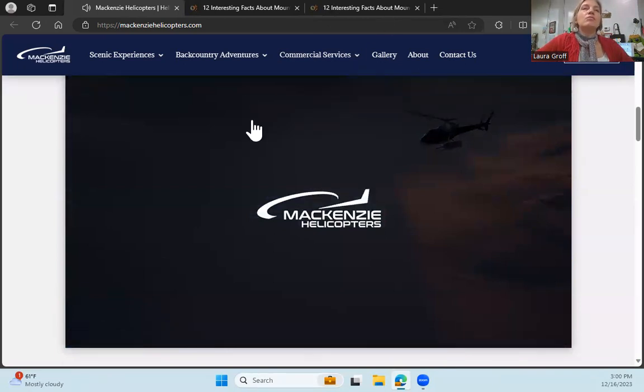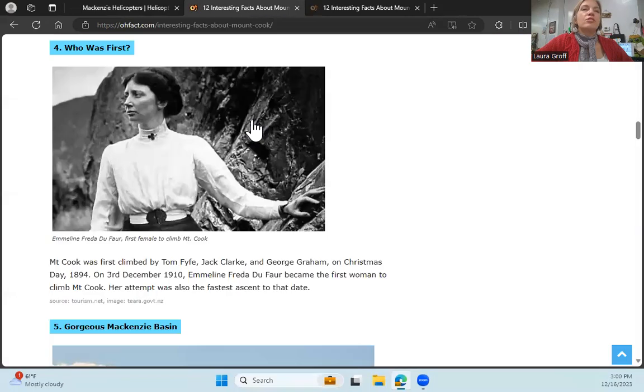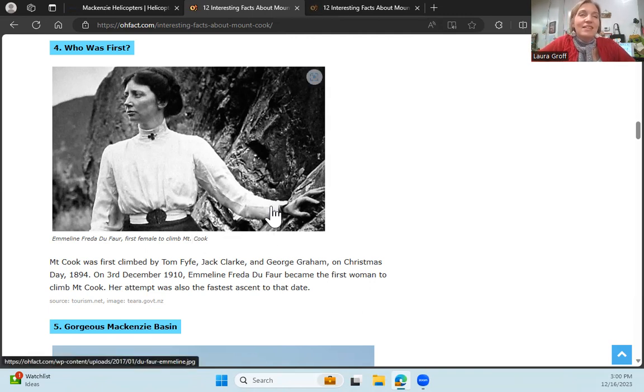And then there's, let's see, two facts I wanted to share with you. The first woman to climb this Mount Cook was in 1910, Emmeline Frida Dufar. She was also the fastest to ascend at that date. I'm hoping she didn't have to do it in this kind of clothing, but back in 1910, really cool. And then also,